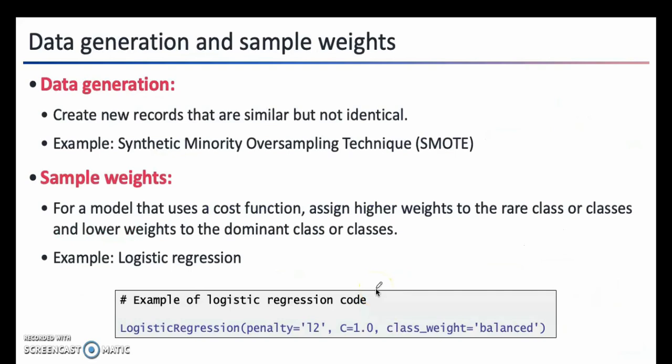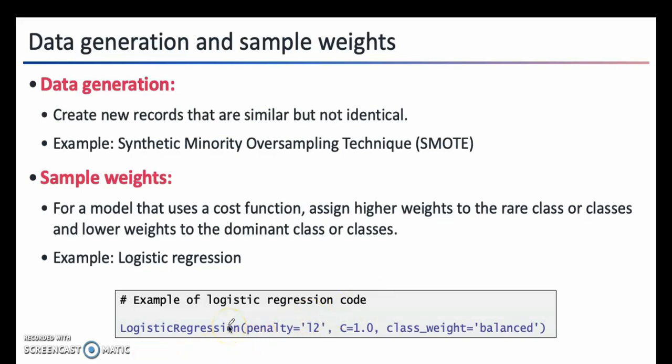The technique of data generation is very similar to the upsampling methods. It's also called creating synthetic samples, or also referred to as augmentation of data. It involves simple random sampling from the rare classes while slightly perturbing feature values to create new samples. And specifically, this type of technique has one name that's called synthetic minority oversampling technique.